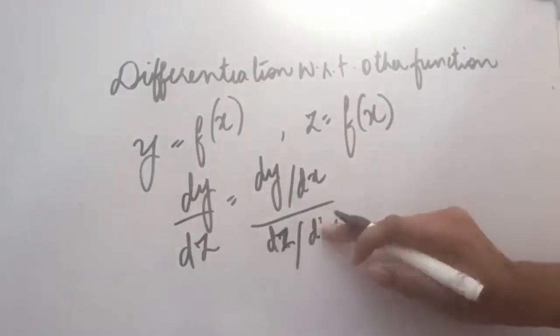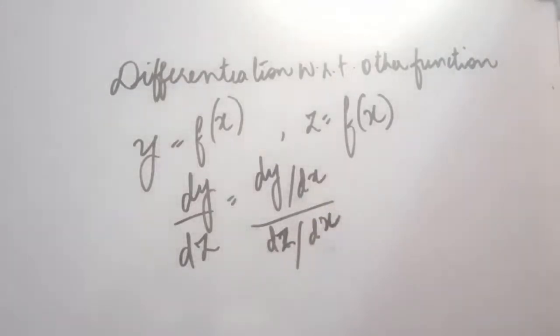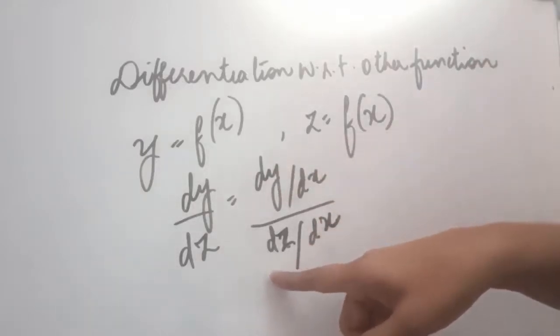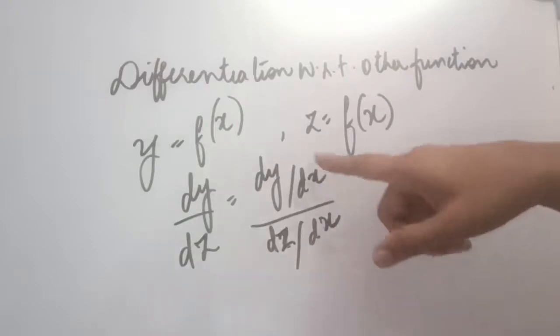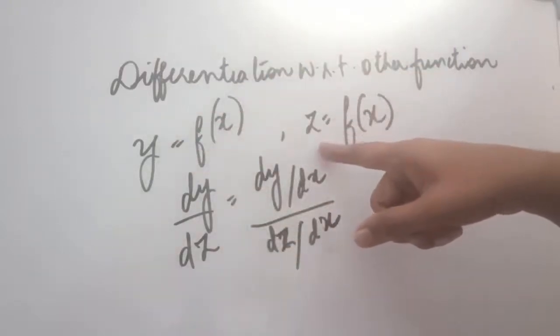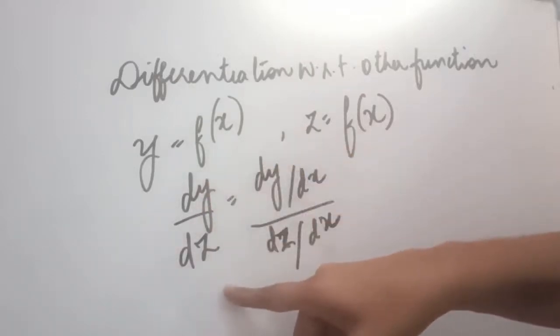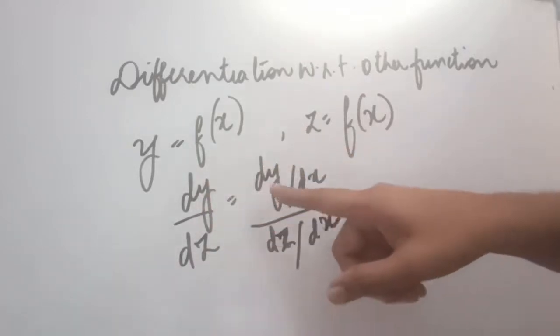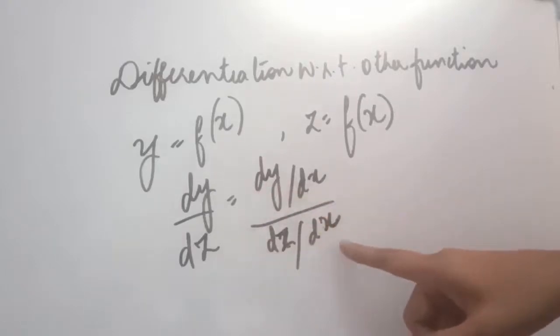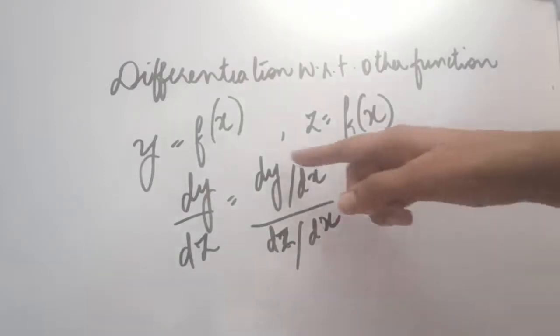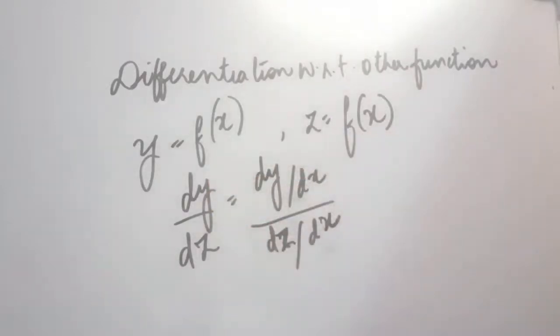As we have seen in the previous case, in case of parametric equation, our formula was dy upon dt and then we have taken dx upon dt. So here we are just assuming that there is another function z. Instead of x we are writing z. So here instead of dy upon dx you are finding dy upon dz. So the formula is dy upon dx divided by dz upon dx. So you can say that dx will be deleted. Ultimately you will be getting this only. Now let us see examples related to this.